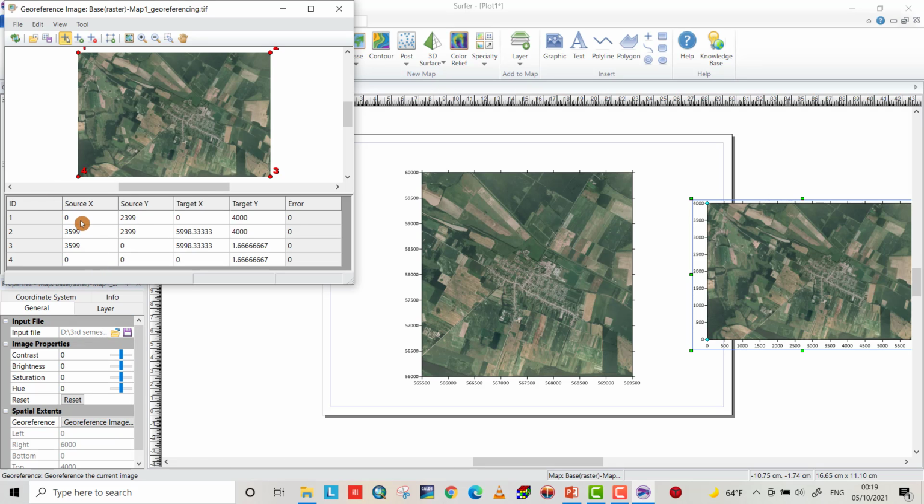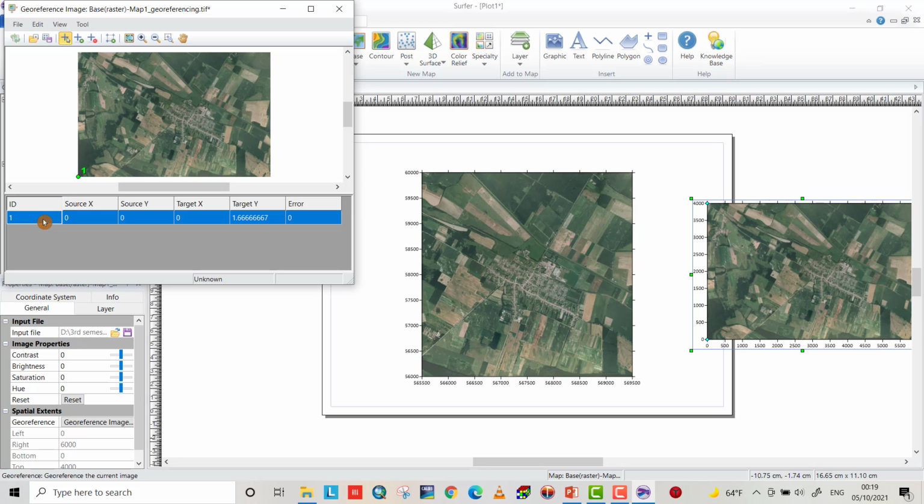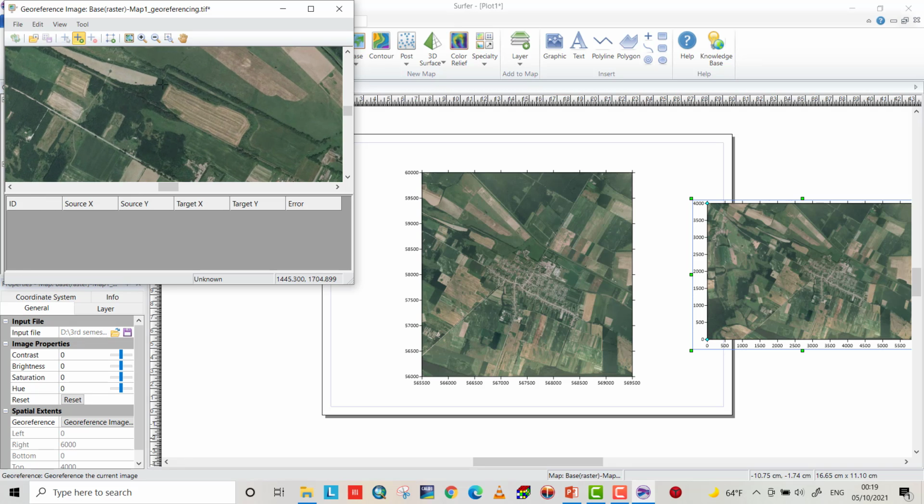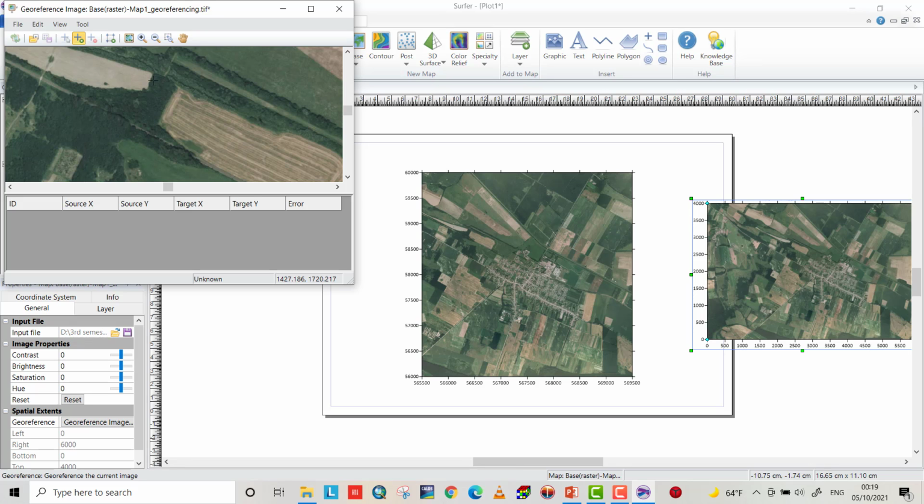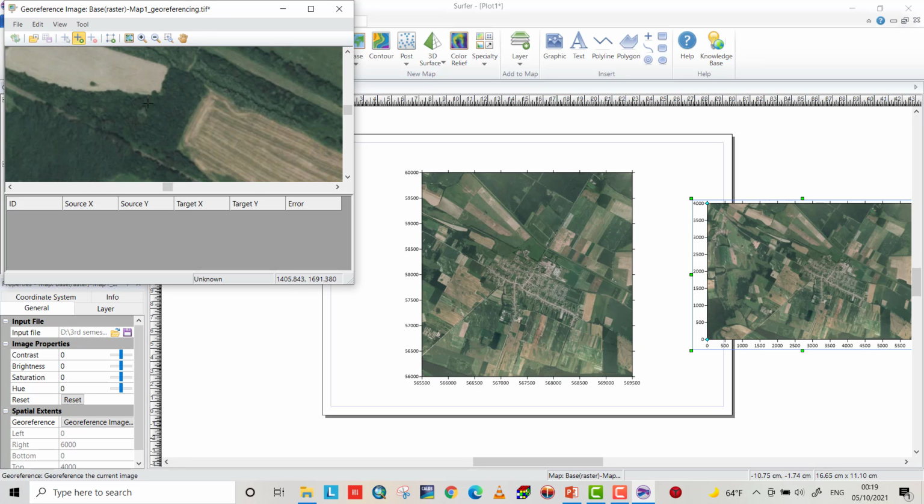Okay, now you can delete these pointers, and we have to select 4 clear points, because for georeferencing we need at least 4 pointers. From add mode you can add pointers and choose the right location. I choose this one as the first point,